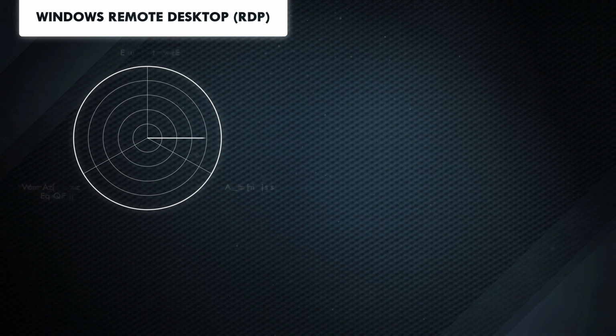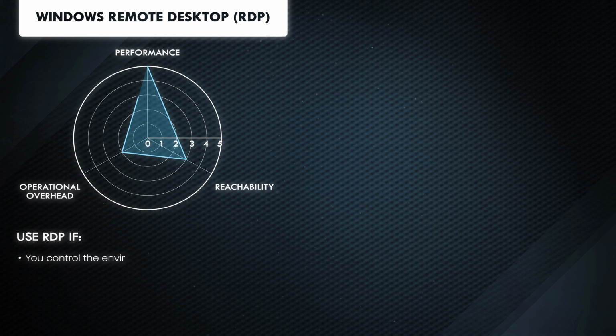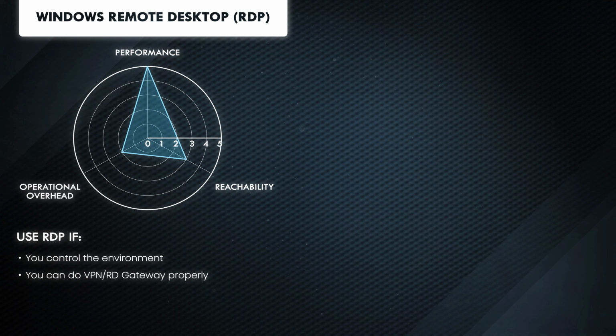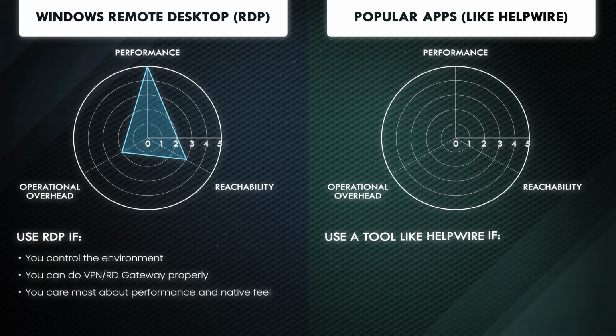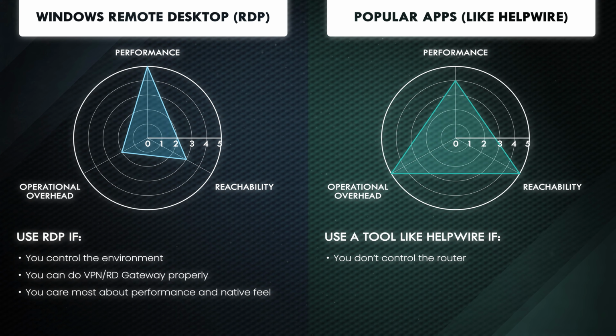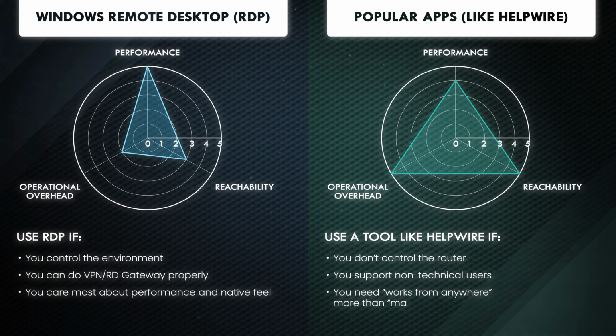Here's the fast pick. Use RDP if you control the environment. You can do VPN/RD gateway properly. You care most about performance and native feel. Use a support first remote tool if you don't control the router. You support non-technical users. You need works-from-anywhere more than maximum native feel. So RDP versus popular apps, who